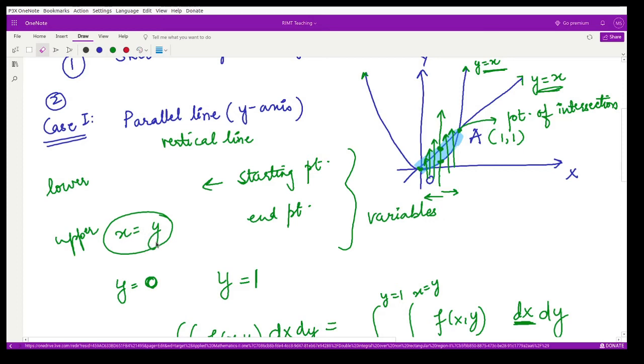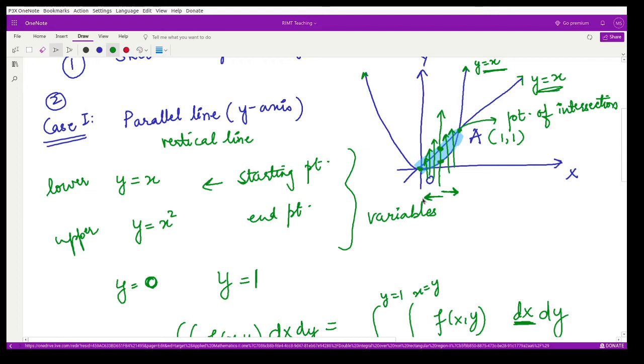What is the lower limit for y? The lower limit for y is y equal to x, and here y is equal to x square. Because you are moving your vertical line in the horizontal direction,